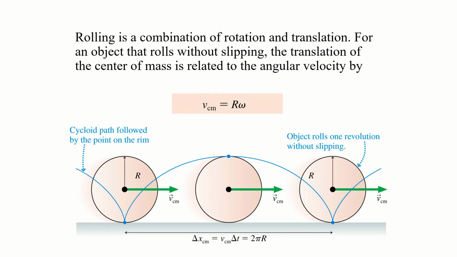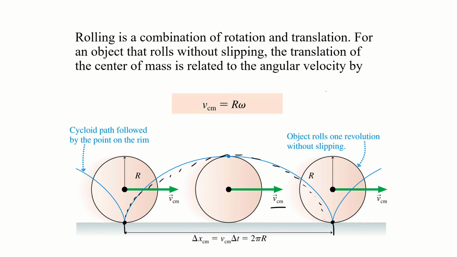This would be a lot clearer if we look at a point on the bottom of the wheel and track how it goes as it comes around to here. Well, the distance it travels between those 2 points is just one circumference of the circle, right? If you think about unrolling it, the wheel goes all the way that far. The path that particle travels looks something like that. And that wheel's moving at whatever speed the center of mass is moving.